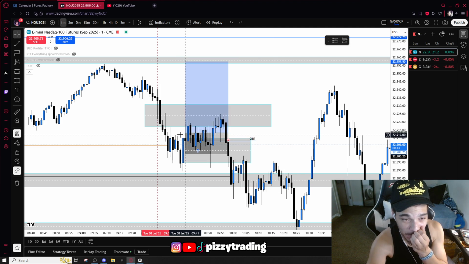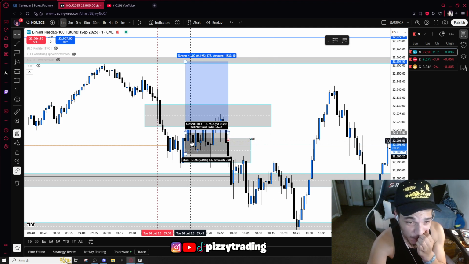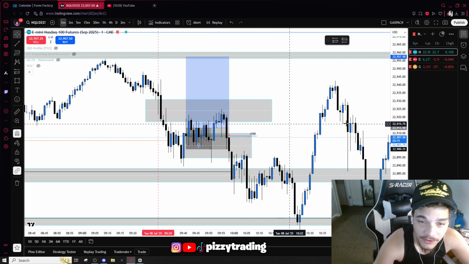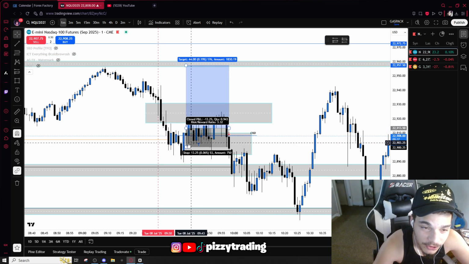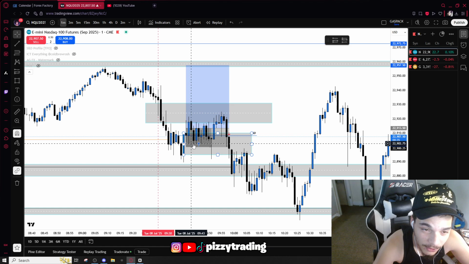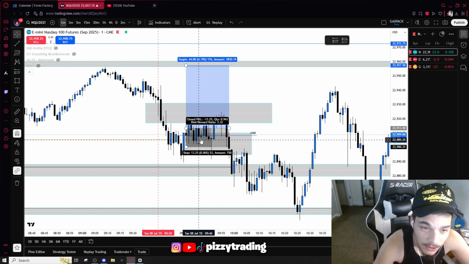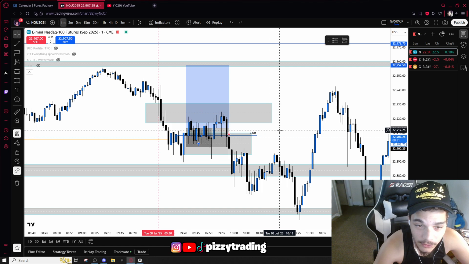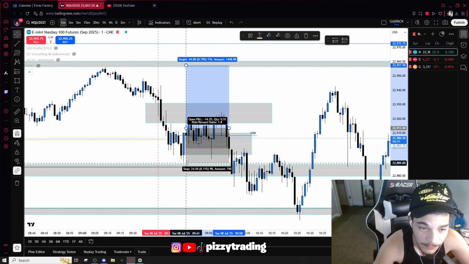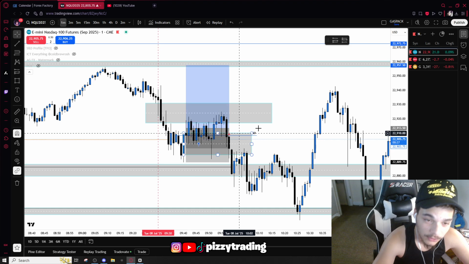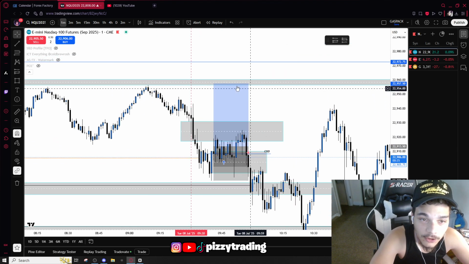So what do I do off of that? Wait for it to pull back into the change of state, when I want to see what it wants to do. Pulls back into the change of state, taps the breaker block with a 50%, bang, 50%. What do I do? Go long on this candle. Go long on this candle, put my stops at the bottom of this low on this breaker block, targeting these